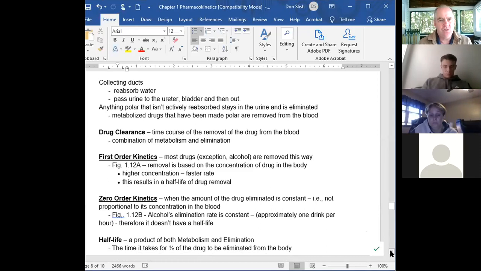Okay, so we've talked about metabolism and we've talked about elimination. Some things won't be metabolized in the liver, they'll just be eliminated through the kidneys. If they're not metabolizable, but they're water soluble enough, the kidneys will get rid of them. I think amphetamines are like this. 60% of the amphetamine will be removed unmetabolized, 60 or 40, one or the other,